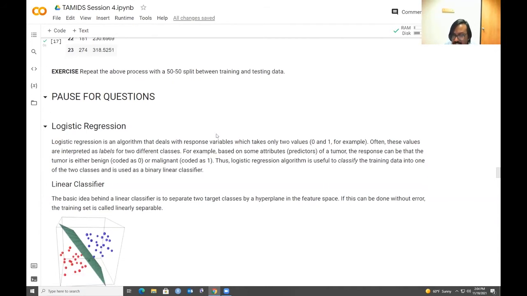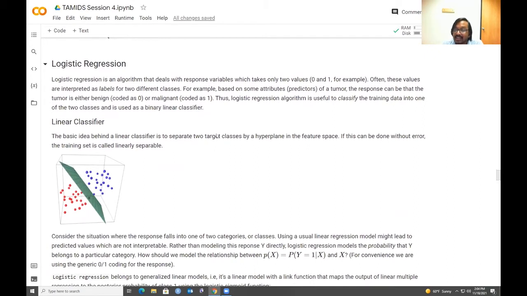So logistic regression is often used as a linear classifier, and it's called a binary linear classifier because we are interested in the scenario where the response takes only two values, 0 or 1. This is also the situation when you have a lot of incoming emails and you would like the machine to classify the emails as spam or not spam, so that the response variable is spam or not spam, which you can code as 0 or 1. So you can predict whether a new incoming email is spam or not.